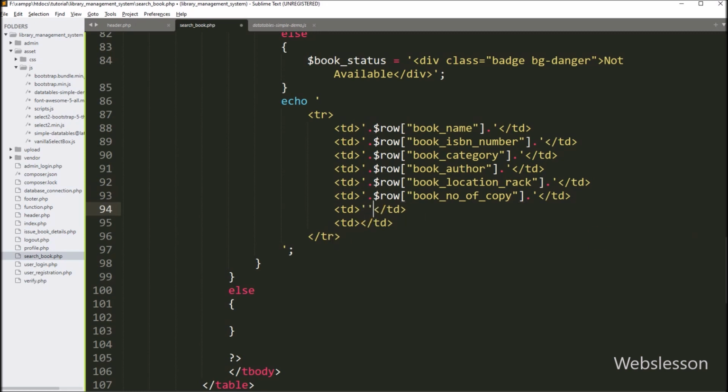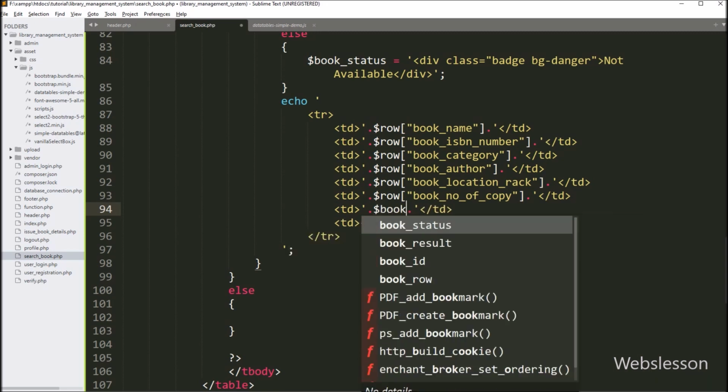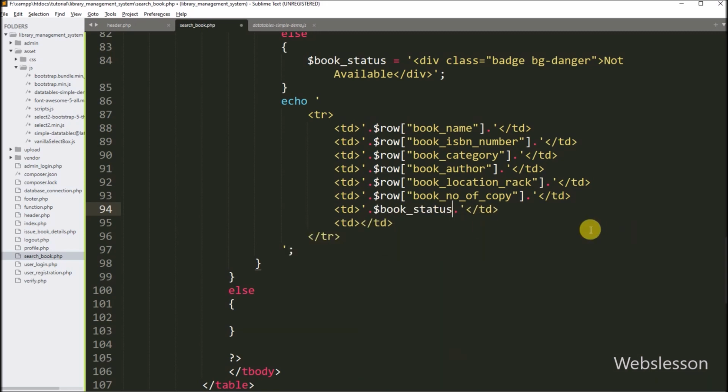In the seventh column, we want to display the book status table column data, so here we have to write the $book_status variable. In the eighth table column, we want to display the book created on table column data, so here we have to write the $row book_created_on variable.